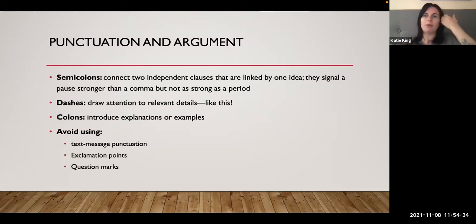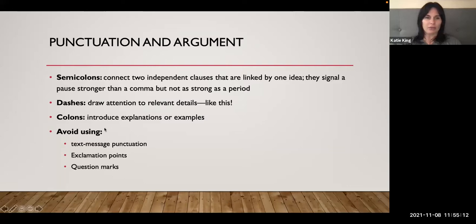That's why a lot of people, when they're like, I'm a math person, I'm not a writing person. If you realized how much math was involved in writing in terms of balance and structure, you'd go, oh yeah, I actually can apply a lot of this, right? So for example, if I say something like, here is the 2021 Fullerton College football roster, colon, and then I list the names of all the athletes on the football roster, I'm saying roster equals or can be described by all of these names, right? So it's a way to introduce those explanations or examples.